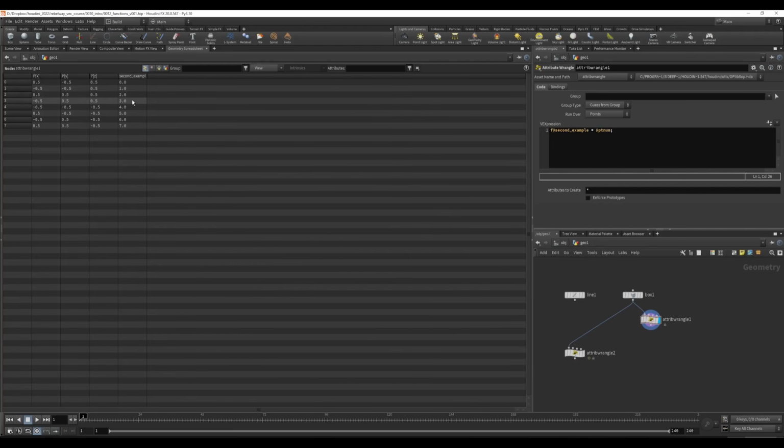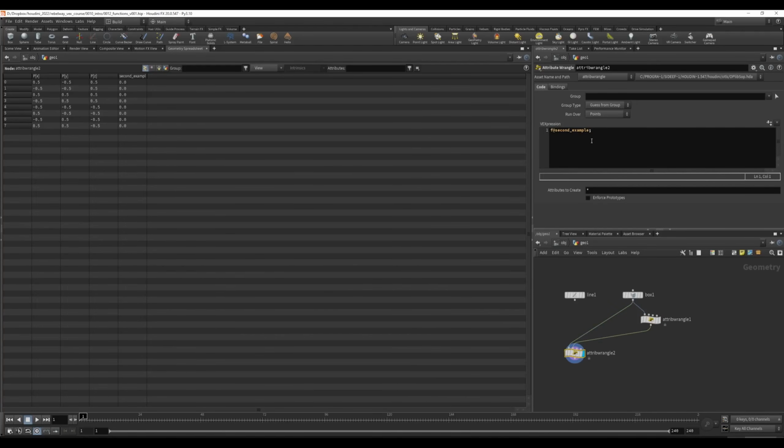So now we have a number ranging from 0 to 7 on our box, and we want to access it here through the second input on our attribute wrangle. How would we copy this from one to another? Well, we could actually say f at second example and create a new attribute here, but this doesn't do anything. This gives us 0 across the board